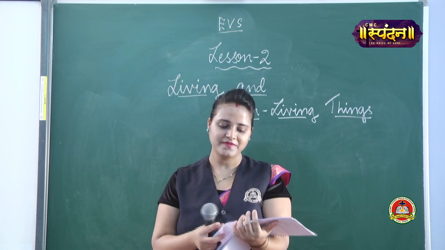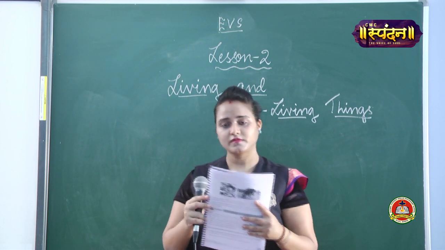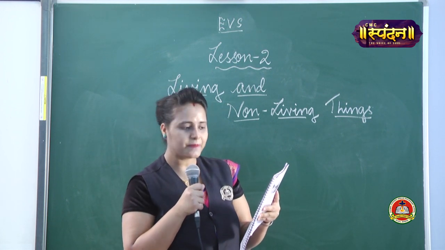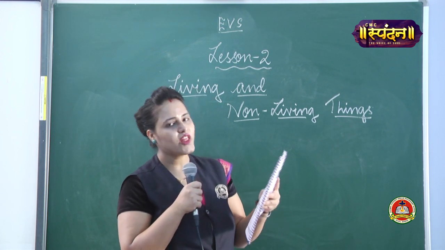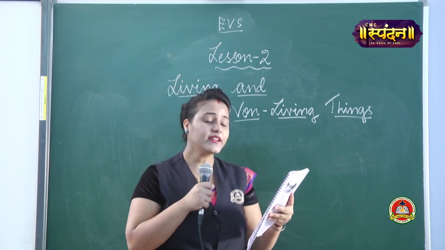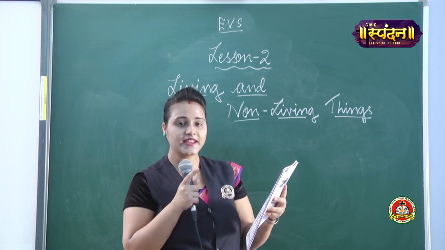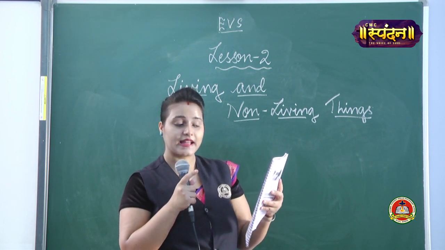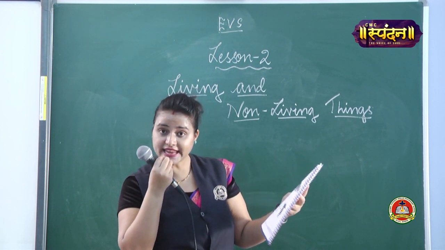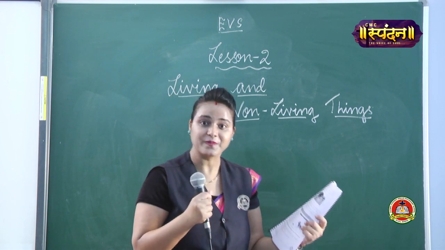Okay, clear? Now turn that page. Okay, come to the next page, my dear children. Now let us see how we can distinguish between living things and non-living things. So now we are going to differentiate. Living things breathe. What is the difference? Living things breathe and living things grow. Living things eat. Then living things move. Yes or no?